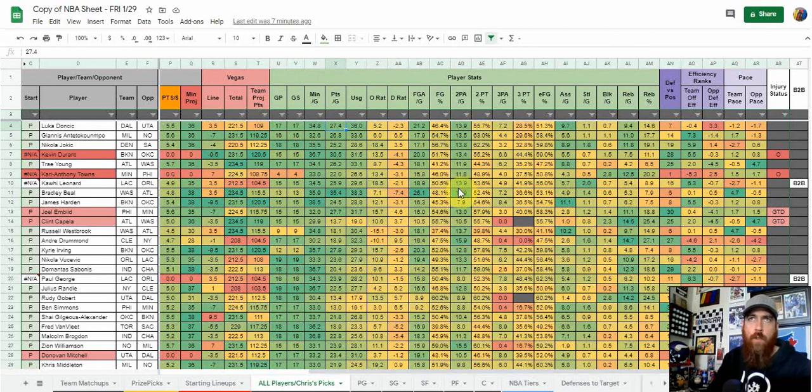So if you're doing those single stat props like we talked about with Doncic, you can come over here. These are per game stats that you're seeing here. So he's got high usage. He's got 27.4 points per game, so their line is right on the line here, so it's very tough. What convinces me to the under on Doncic's fantasy prop as well as his single stat prop on PrizePicks tonight